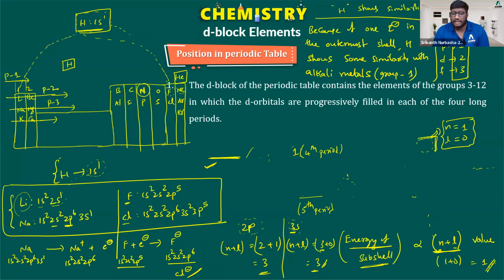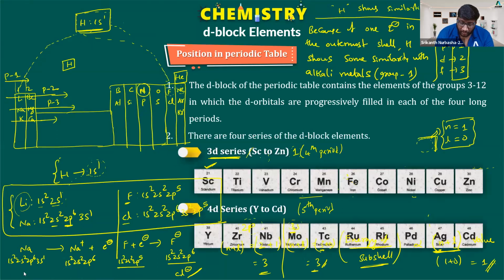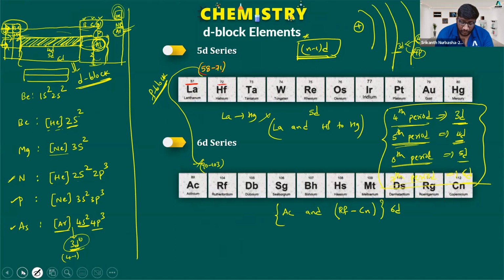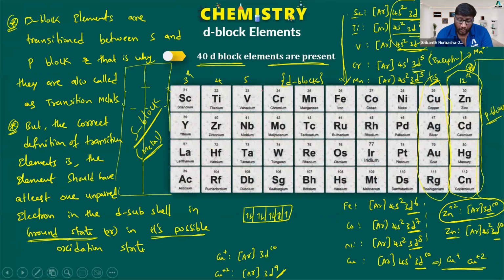Very good. So, last class we have just introduced the concept of D block elements. We have looked at the position of D block elements in the periodic table, and we know the D block elements will be categorized into 4 series, 3D series, 4D series, 5D series and 6D series. We have written their general electronic configurations, and the D block elements are also called transition elements except your 12th group, that is the zinc group.